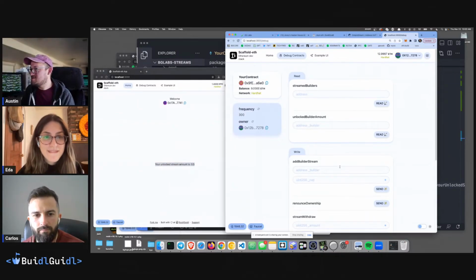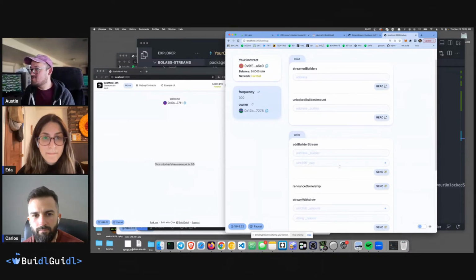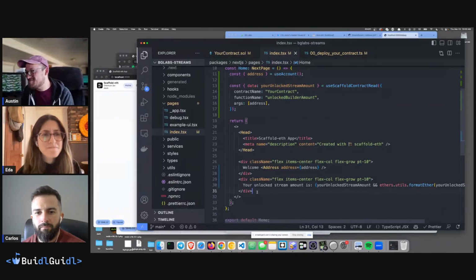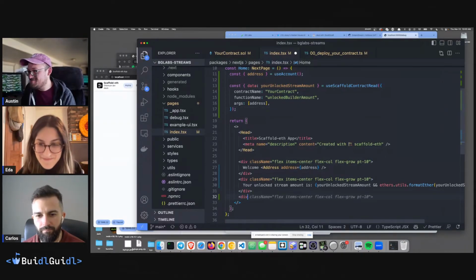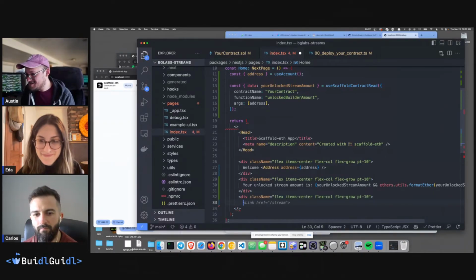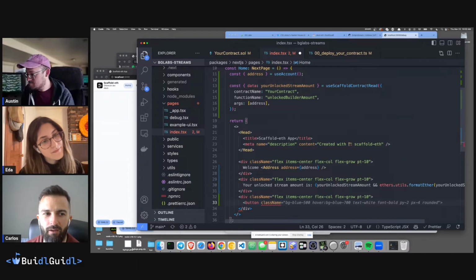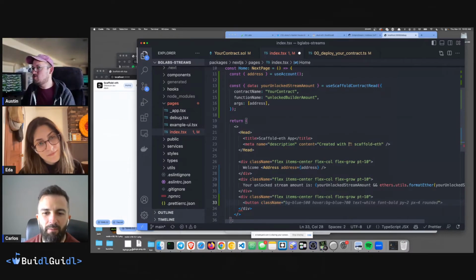Awesome. Okay. And then we probably want to withdraw, right? Do we have time for one last withdraw button? Let's make a button. I feel like the thing that we need here is a little button right here that lets us withdraw, maybe. Maybe we can use the ether input component that we have. Ooh, dang, yes.